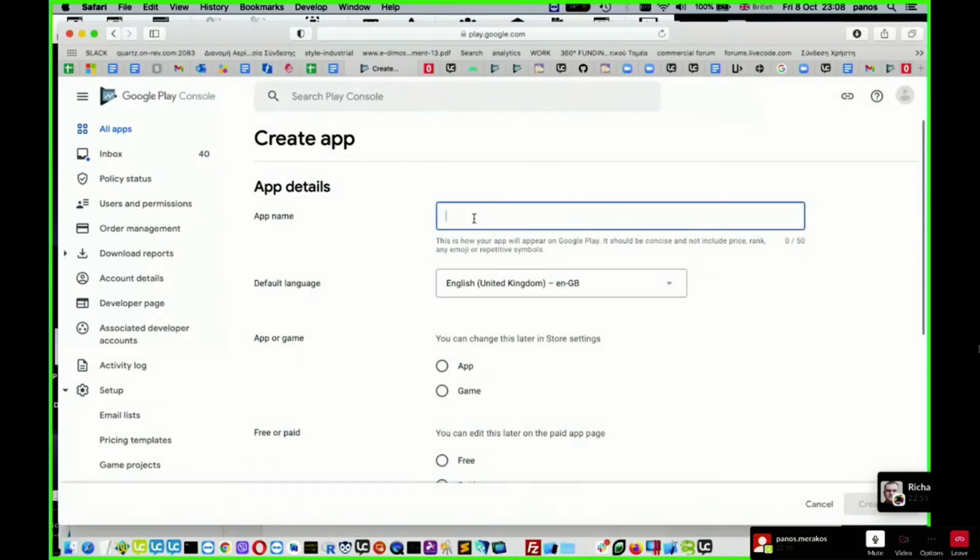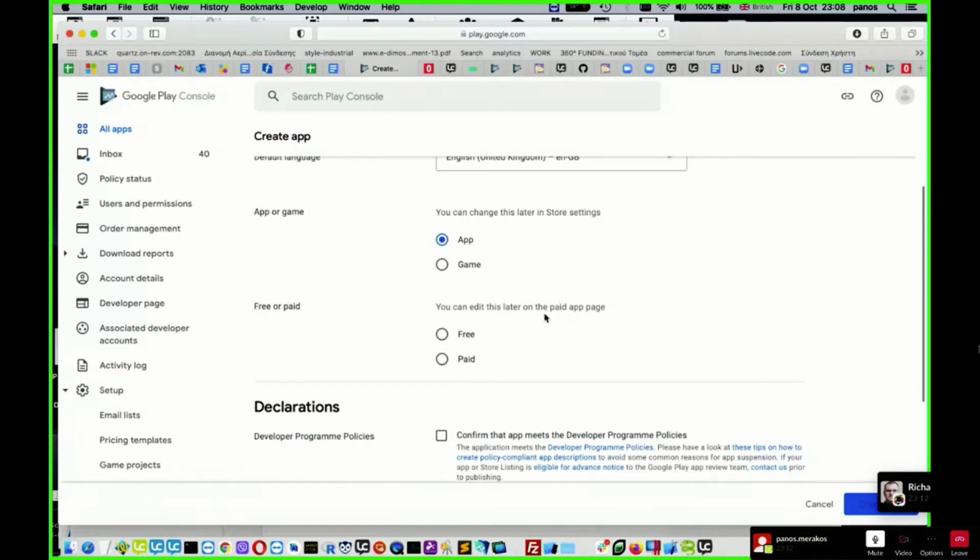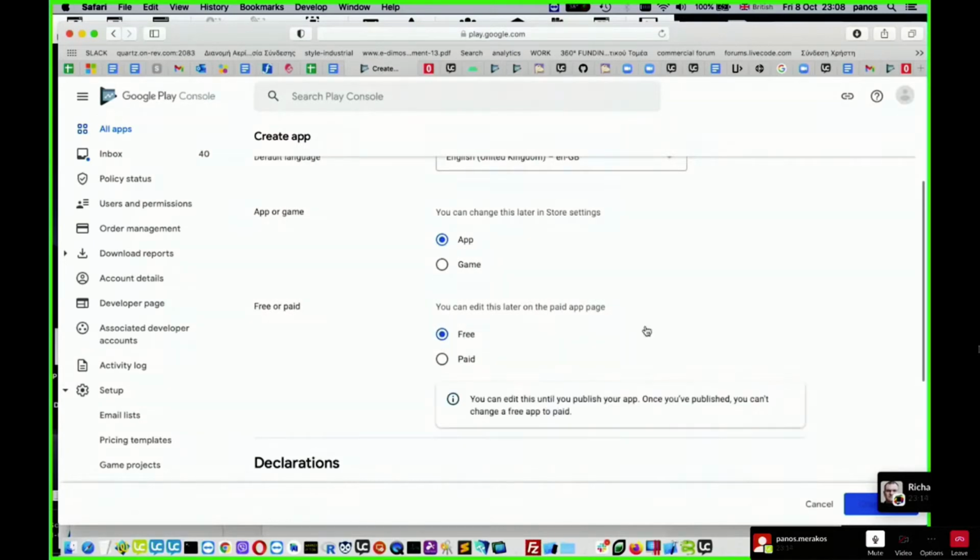For example, here, let's say RCC Data Collector V2. The default language, I have chosen English. Is it an app or a game? This is an app. This is a free app.